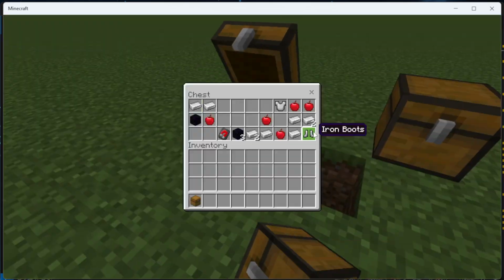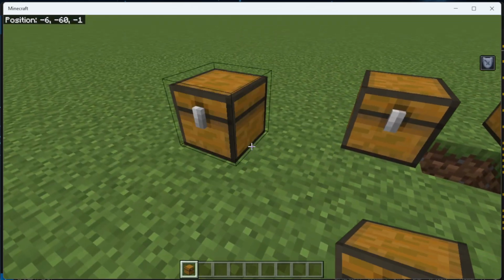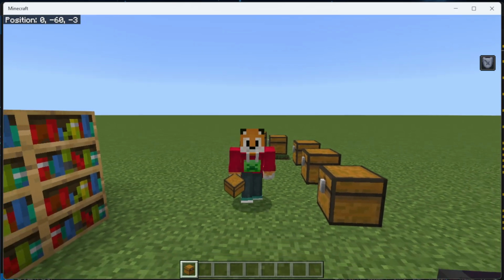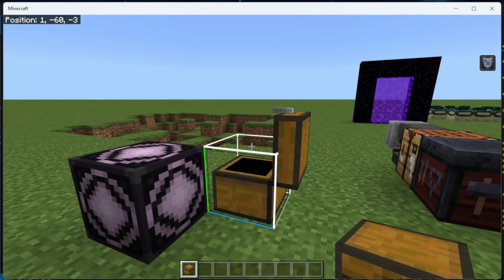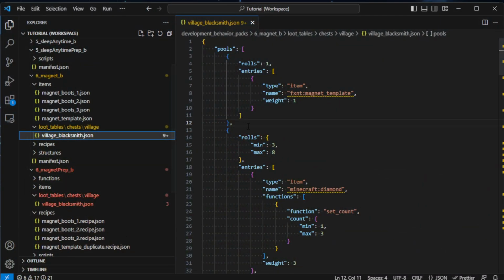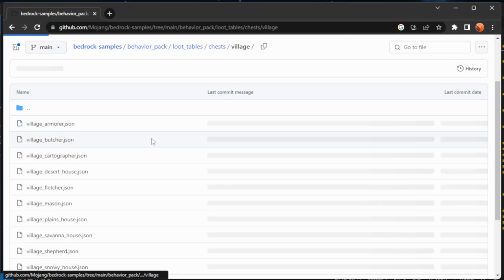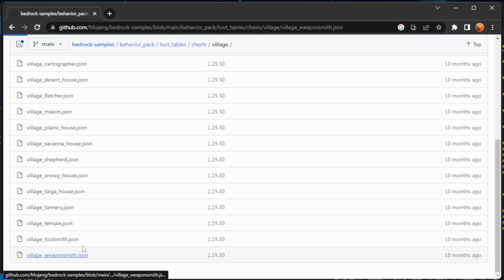So you can see the loot tables working 100%, but it appears that the blacksmith structure doesn't actually use a blacksmith chest, it uses a weaponsmith chest, which is a bit annoying. But the good news is this is a ridiculously easy fix for us, because all we've got to do is change our file from village blacksmith to village weaponsmith. That being said, all of the other loot data is wrong, and we need to get the correct stuff back from that website. So let's go back to the website, go into the village one, find the weaponsmith one,